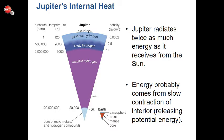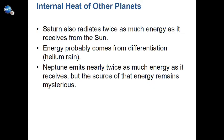So the energy that's available is the energy that was there at formation as potential energy. It's going away in contraction. Saturn is about the same, and it's sort of the same method. Instead of contraction, we figure that Saturn has a fair amount of helium in the upper layers, and it is raining out. And so the helium itself is differentiating inwards, and that change in potential energy is generating the energy